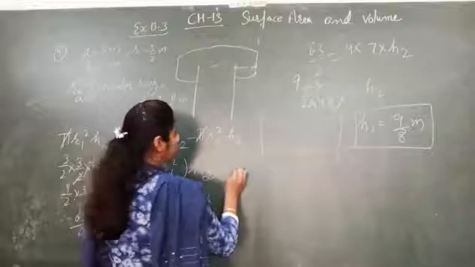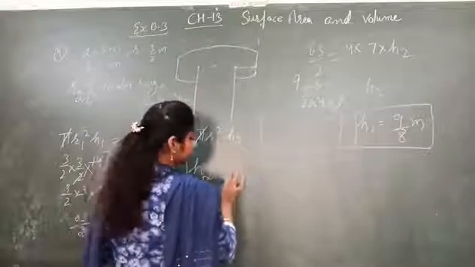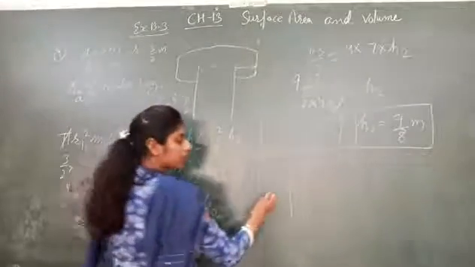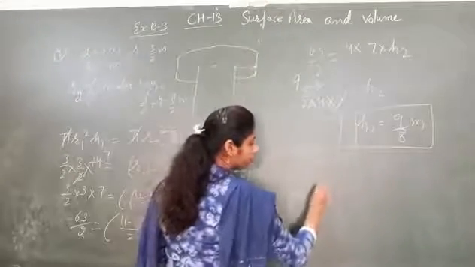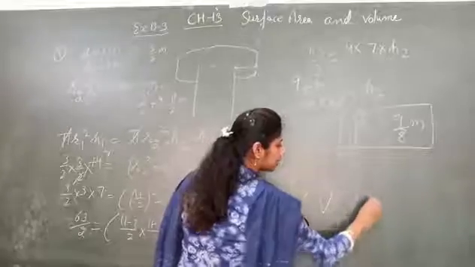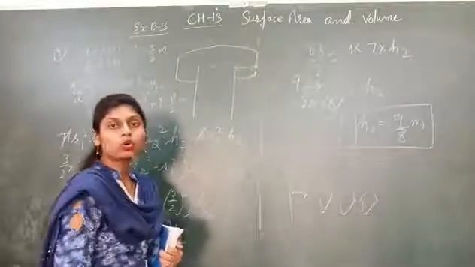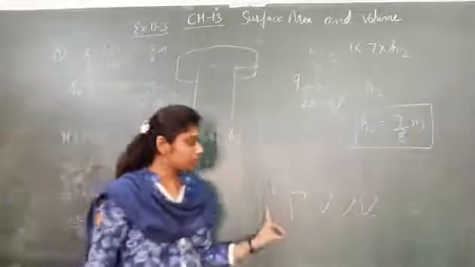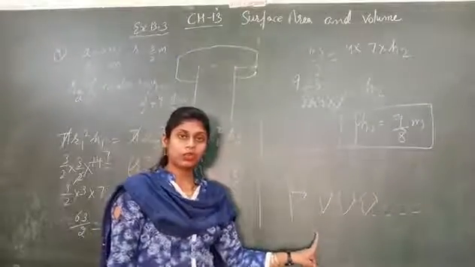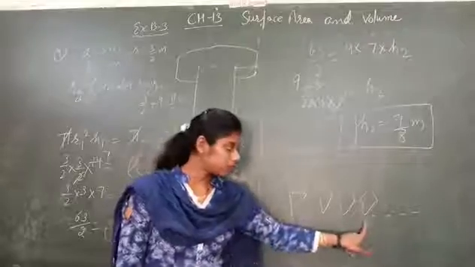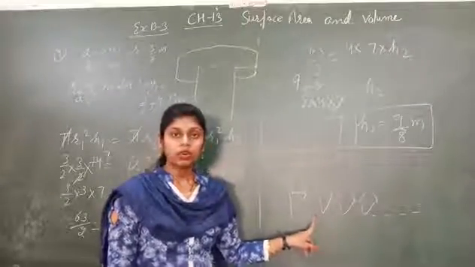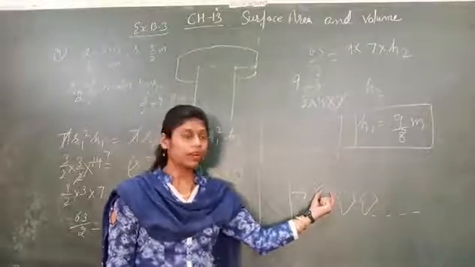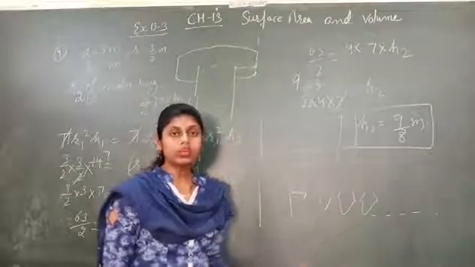Firstly, what is the statement? There is a cylinder full of ice cream. The ice cream is put into the cones like this. Now we have to find how many cones are there. Means to say, volume of the ice cream in the cylinder is equals to n, that is the number of cones, into volume of cone. In the cone there is a conical part and a hemispherical part. So we have to add both the parts.